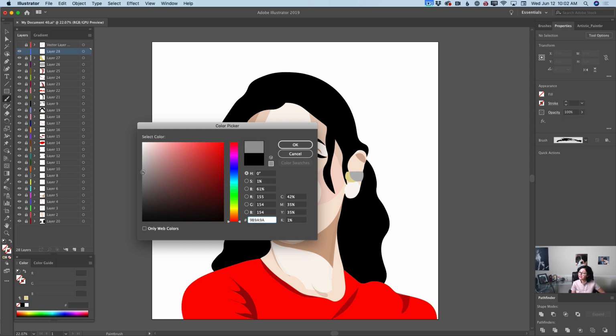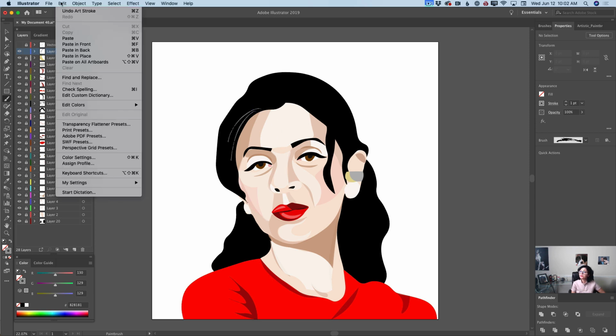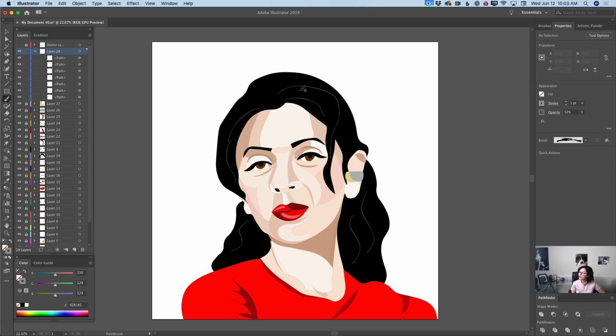I will use a lighter shade of gray color, just like that, and I will add a few splashes around her hair, just like that. Maybe it's too much. Let's change opacity. I will bring down opacity. Yes, just like that. And just like this, guys. Maybe something like this. A few splashes, few strings of flying hair will add a beautiful story to your art,